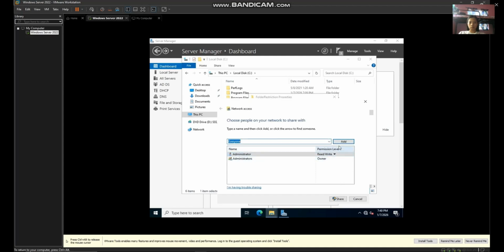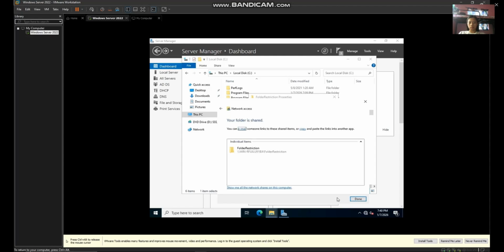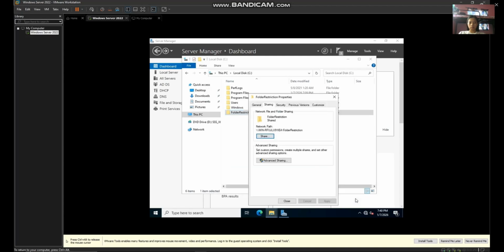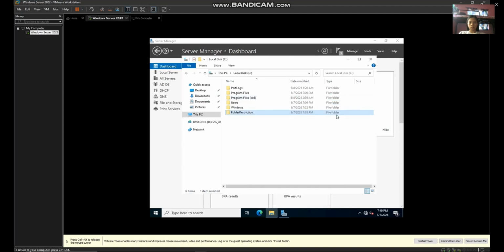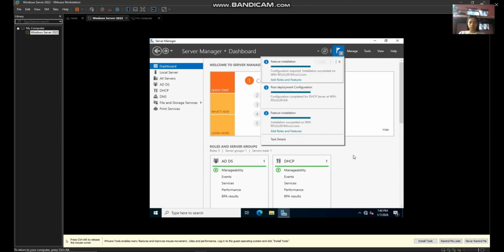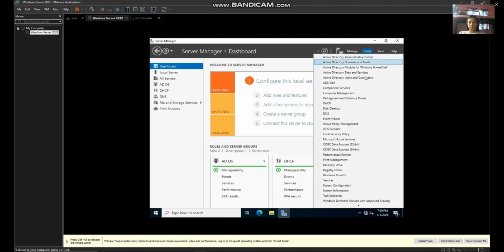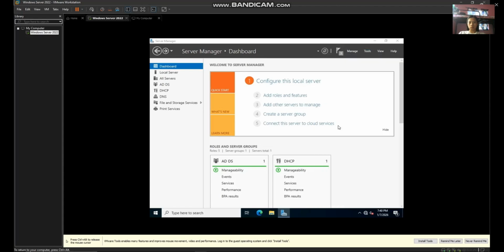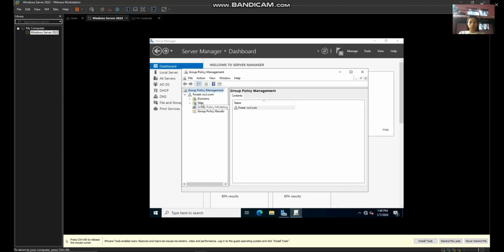Select everyone, add, read and write, so click share, done. So copy this, the network path, and go to the tool, so select group policy management, then for NC2.